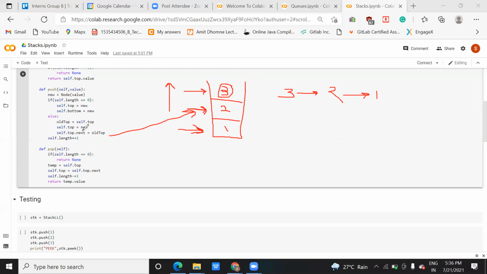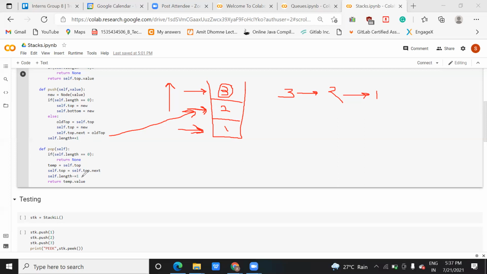And here it is telling the compiler that once you add an element, it will be assigned to old top, and the top pointer points to the new element. When you add an element, your self dot top dot next will point to the old top. Now this will point to the next element, with respect to this current element. So always remember this top is pointing to the current element. Here plus 1 is there, here minus 1 is there.